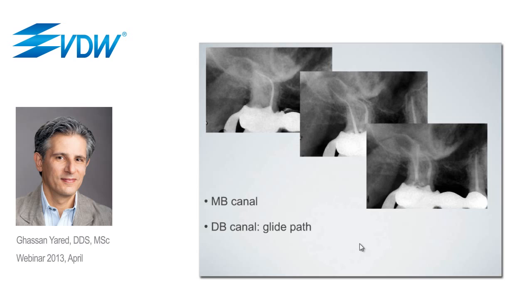When the reciprocating instrument stops advancing, or when it becomes difficult to make it advance in the canal, when you feel that you have to put more pressure on the instrument to advance in the canal, this is when you have to stop using the reciprocating instrument. And this also applies for a rotary instrument. Once the instrument does not advance anymore, or once its advancement becomes more difficult, you remove the reciprocating instrument, and this is a case where we have to create a glide path before we continue. So this is a case where I created a glide path using hand files, number 8,